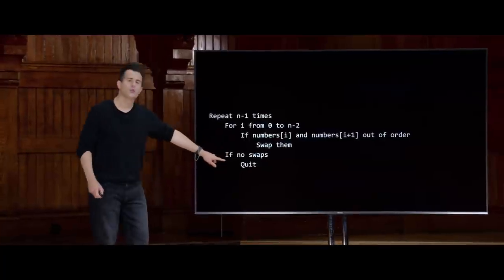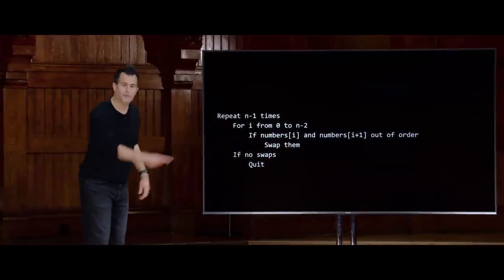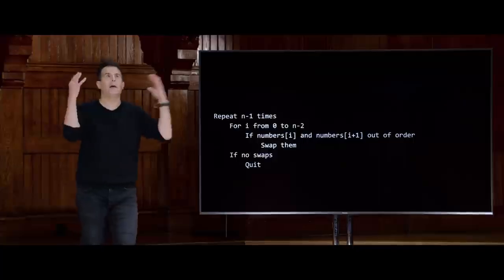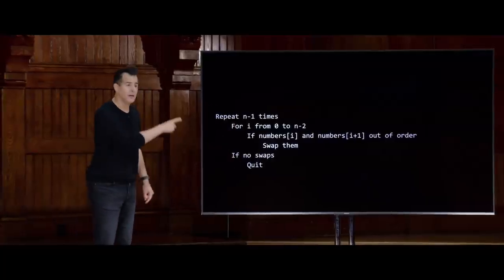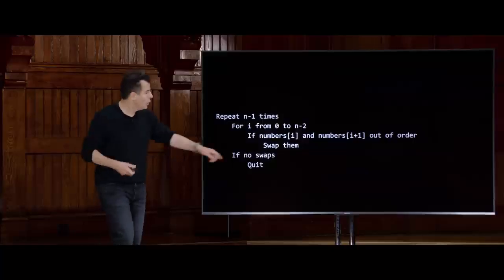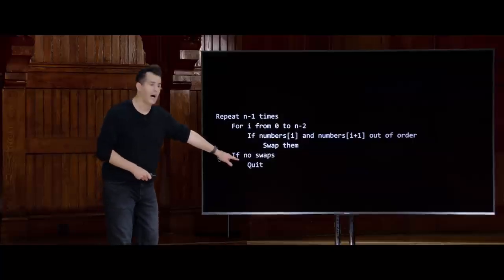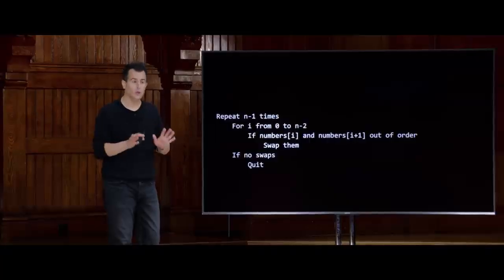But what if I add a super simple conditional here? After every iteration from left to right, I could just ask myself, did I make any swaps on that pass through the volunteers? If so, there might still be work to be done. But if not, why am I going to crazily repeat myself? Because if I didn't make any swaps one time, I'm definitely not going to make any swaps the next time. It's going to be stuck in some loop. So I can short circuit my logic by saying, if no swaps on one of those passes, quit. You are done.